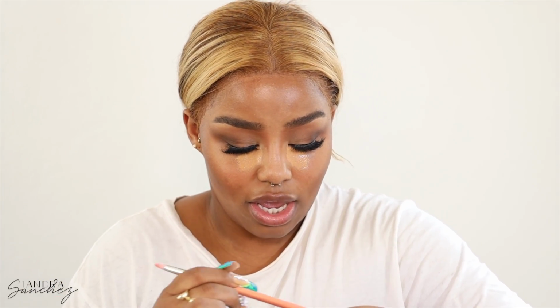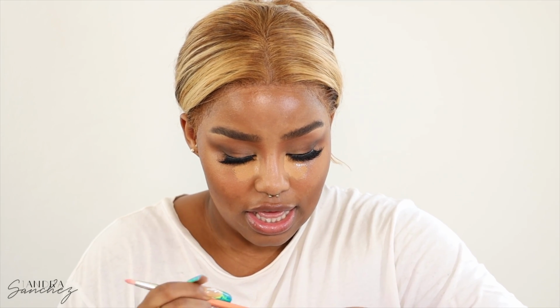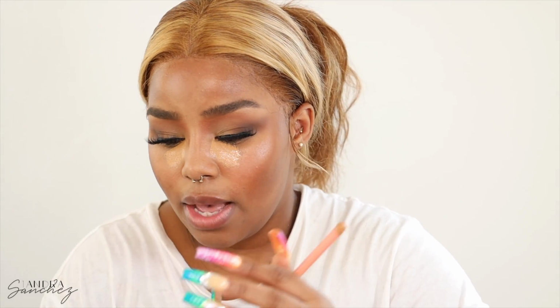I'm going to take another pump of the dark one from the OFRA Cosmetics, the 775. And the only reason why I'm taking more is because I need more, just to get the right color. I'm actually going to mix in a little bit of the NARS one. And in the NARS one, I'm in the shade GLAM. The same sponge that I used, and then I'm going to just